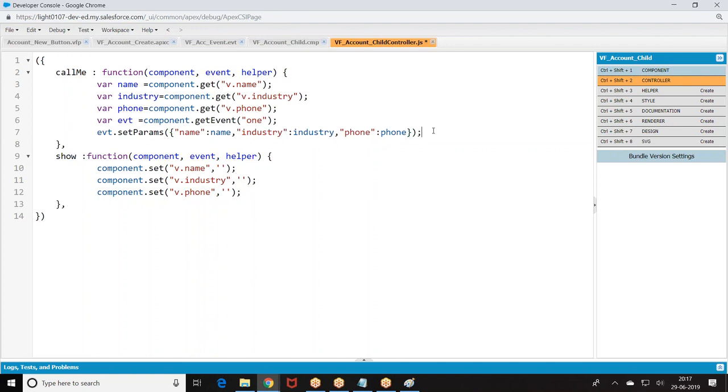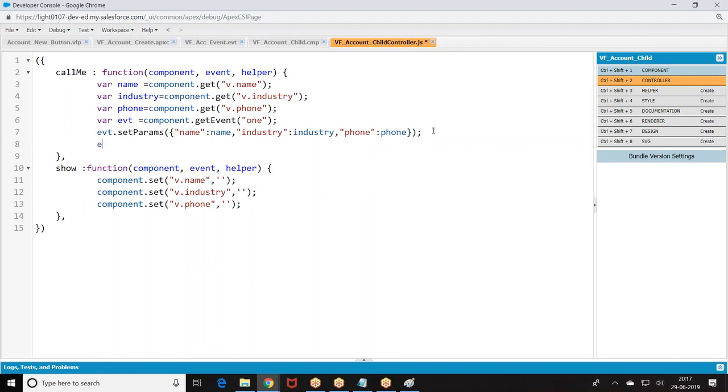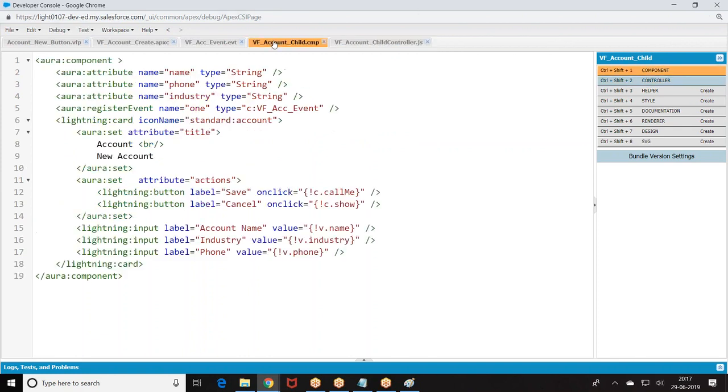Then the event is fired. So this is one component.